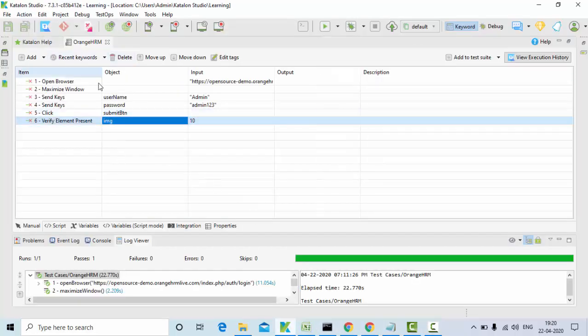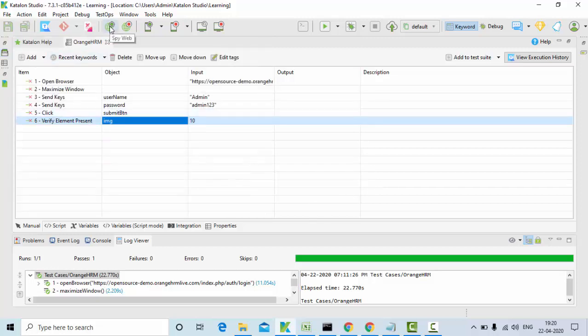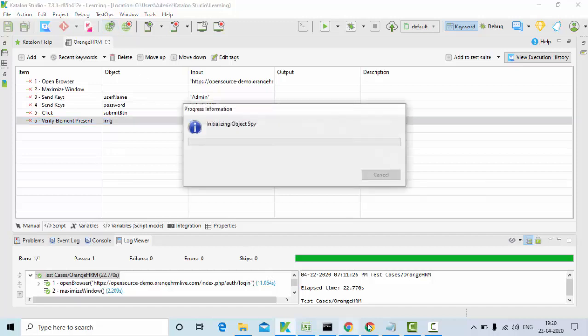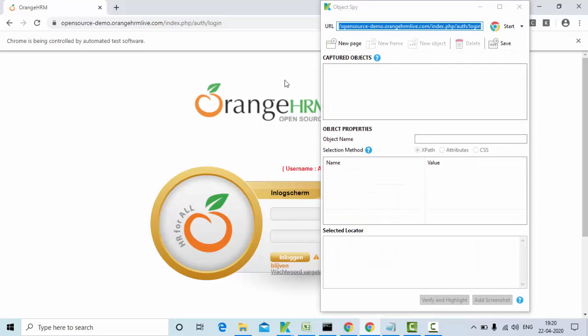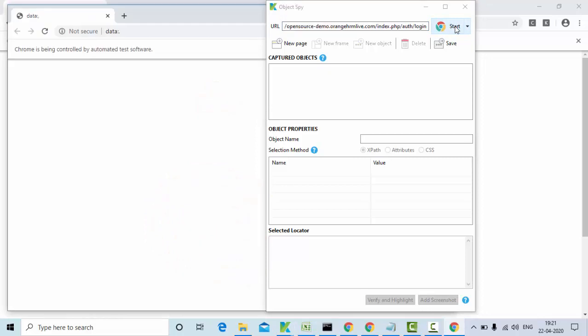So let's get started here. So how to do manual mode test case preparation. So simply here, if you see, Spy Web is there, right? So use this. For today's example, I'll be taking this Orange HRM, guys. You can see I have already kept this URL, that I am going to put in the description so that you can also try this. I'll be starting this with Chrome. Now it is launching that particular browser and the URL got loaded properly.